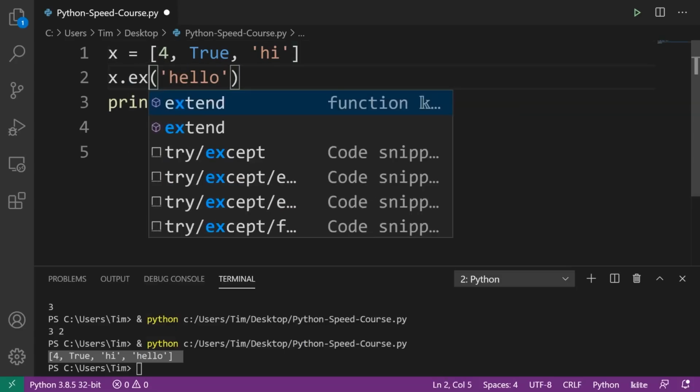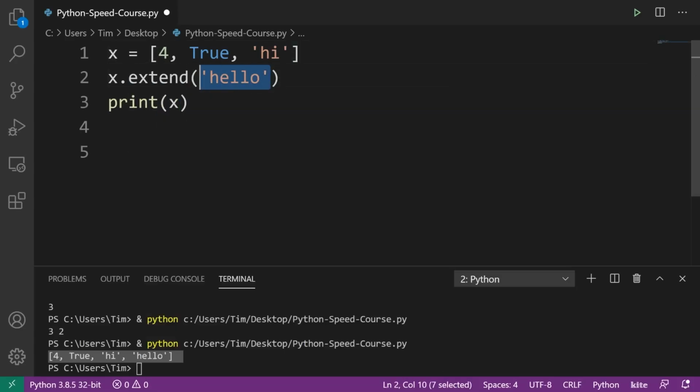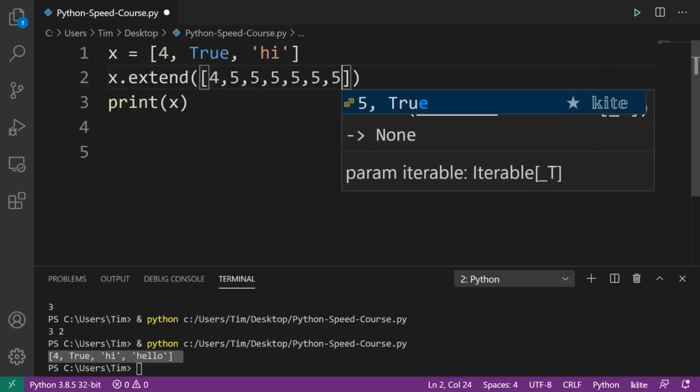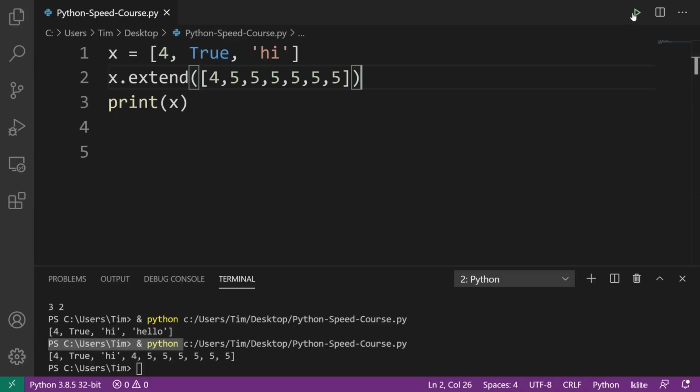I can also extend the list by another list. So let's say I have a list here, and inside of this list, I have 4, 5, and just a bunch of other stuff. When I extend it, what that will do is take all of the elements from this list and simply append each of them to the end of the list. So you can imagine extend's internal implementation just loops through all of this and appends all of those elements